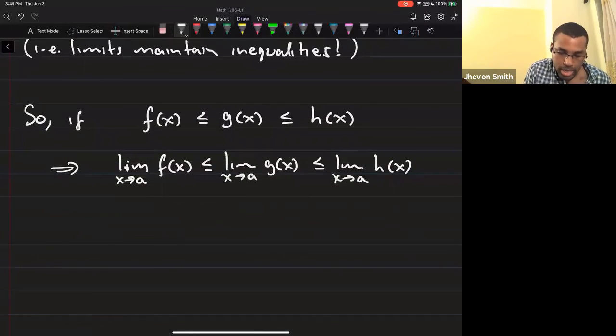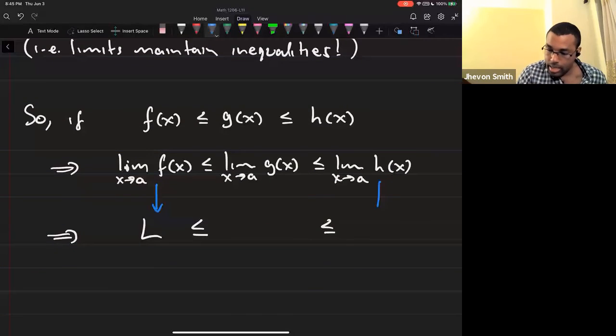And if we assume that this guy is equal to L, and this guy is equal to L, and we have the limit of g stuck in between,